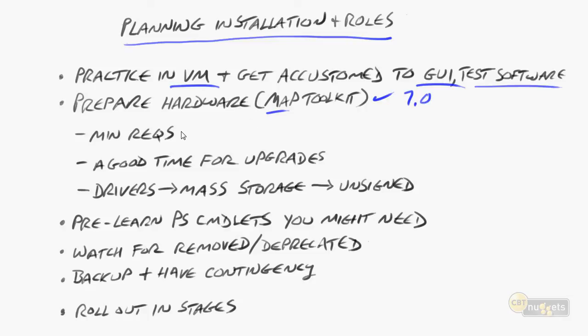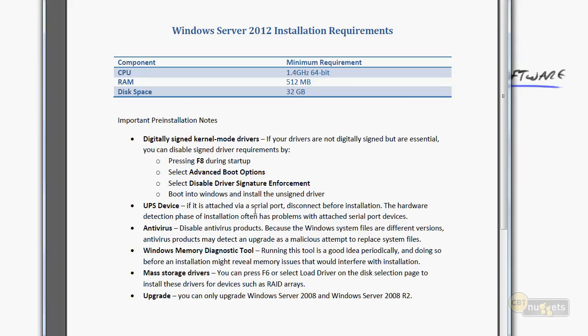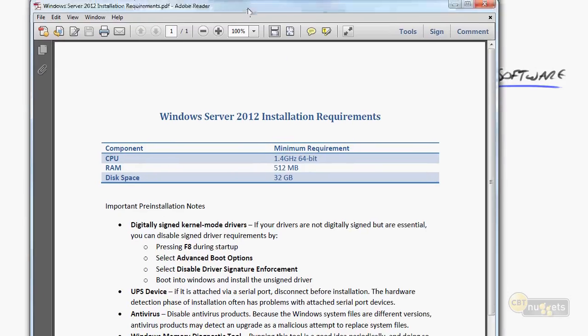Also, when it comes to the minimum requirements for Windows Server 2012, I was kind of surprised. They're surprisingly light. And the reason for that is likely because you can install Windows Server Core. Now, we had that in 2008. We still have it in 2012. And in addition to Core, you can kind of strip off additional features to make it an even lighter footprint. Let's take a look at the minimum system requirements that we see here. This is a document that's available for you up on nuggetlab.com, and it's the Windows Server 2012 Installation requirements.pdf.